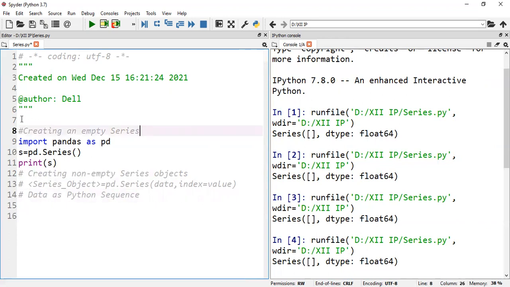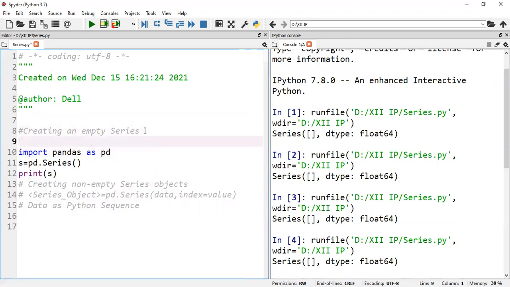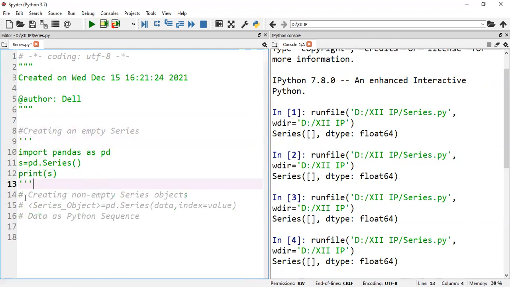This one I'm just going to comment out. This is multi-line commenting, and hash stands for a single-line comment. Now, the simplest way to create an object of series data type is using any Python sequence. For example, I'm importing the library, import pandas as pd. Then I'm creating a series s equal to